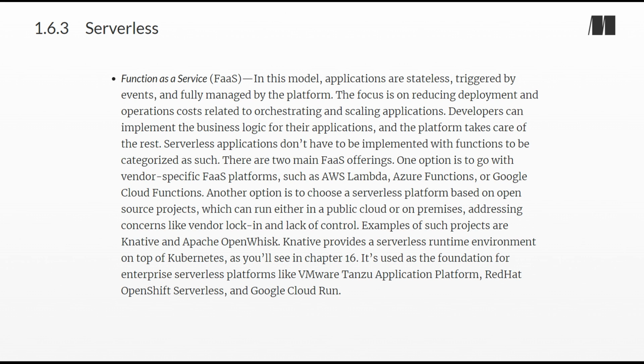There are 2 main FaaS offerings. One option is to go with vendor-specific FaaS platforms, such as AWS Lambda, Azure Functions, or Google Cloud Functions. Another option is to choose a serverless platform based on open-source projects, which can run either in a public cloud or on premises, addressing concerns like vendor lock-in and lack of control. Examples of such projects are Knative and Apache OpenWhisk. Knative provides a serverless runtime environment on top of Kubernetes, as you'll see in Chapter 16. It's used as the foundation for enterprise serverless platforms like VMware Tanzu Application Platform, Red Hat OpenShift Serverless, and Google